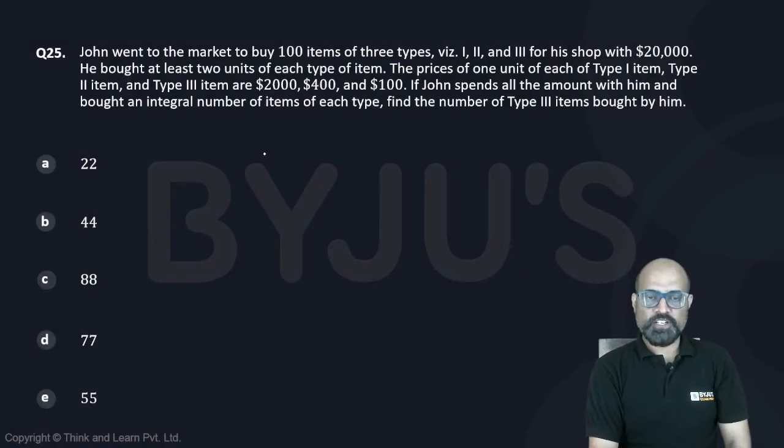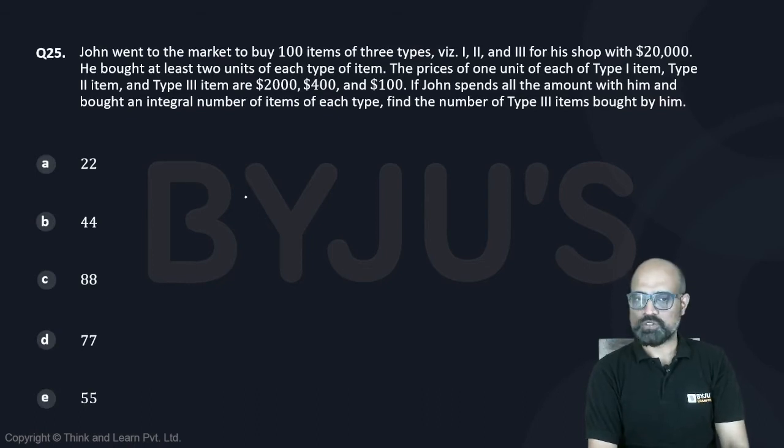John went to the market to buy 100 items of 3 types, viz. 1, 2 and 3 for his shop with 20,000. He bought at least 2 units of each type of item. The prices of 1 unit of each of type 1 item, type 2 item and type 3 item are 2,000, 400 and 100. If John spends all the amount with him and bought an integral number of items of each type,